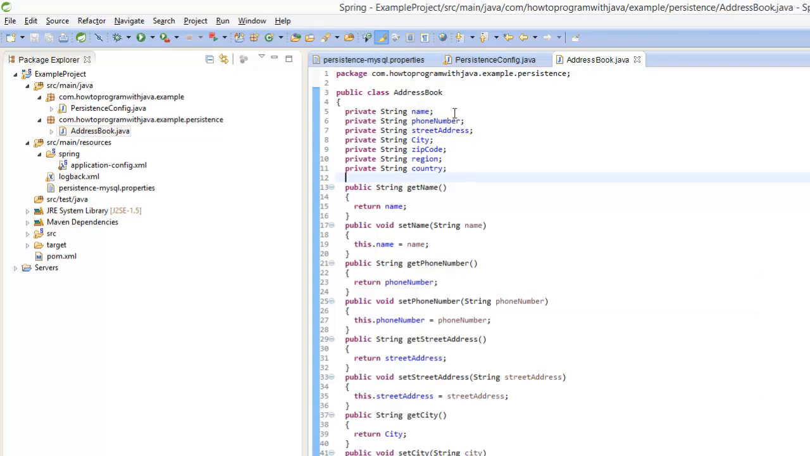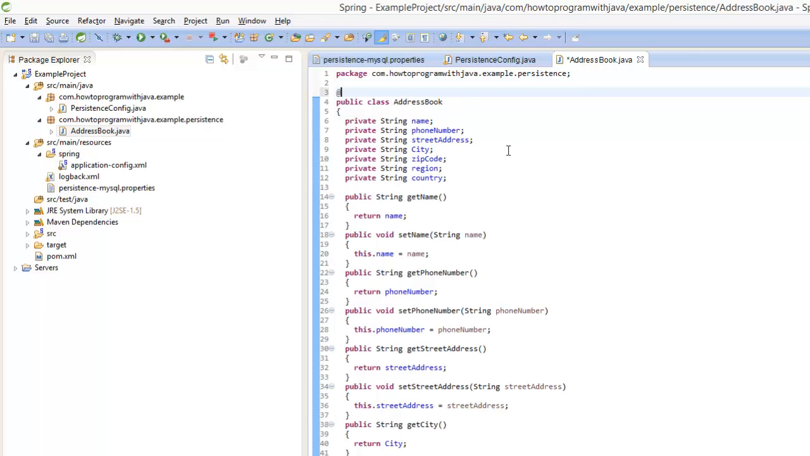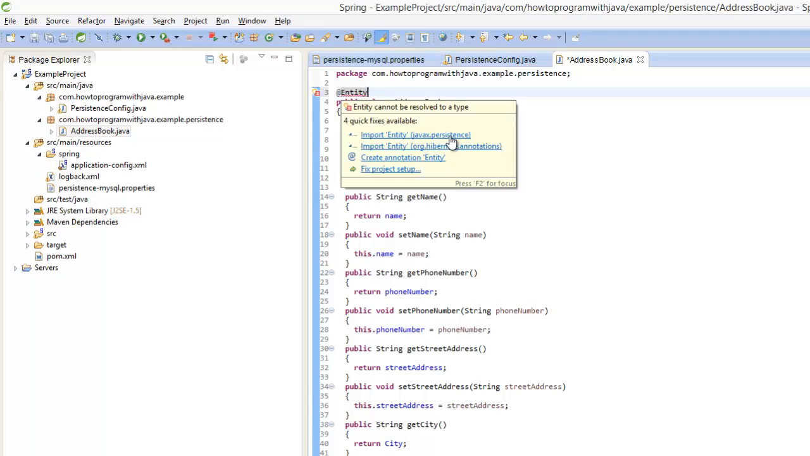But that is not good enough yet. We need to extend this to use Hibernate. There are three key things that you need to remember to do. One is to annotate it with the @Entity annotation. I'm going to hover over it and show you where it imports from. You should hopefully import it under the